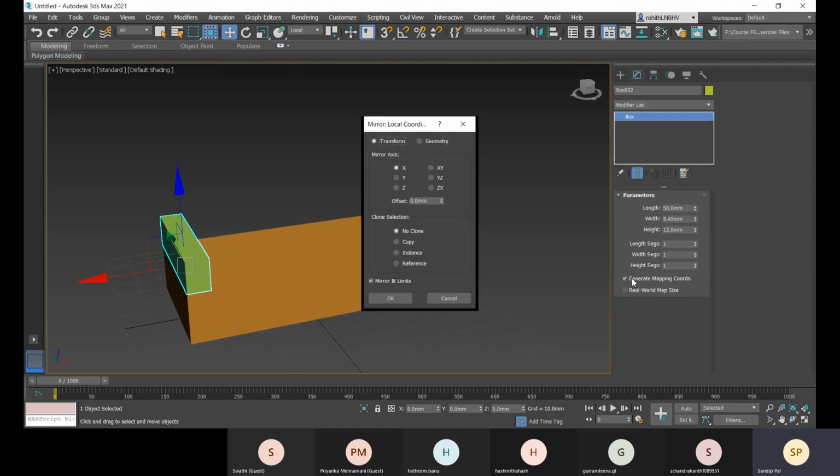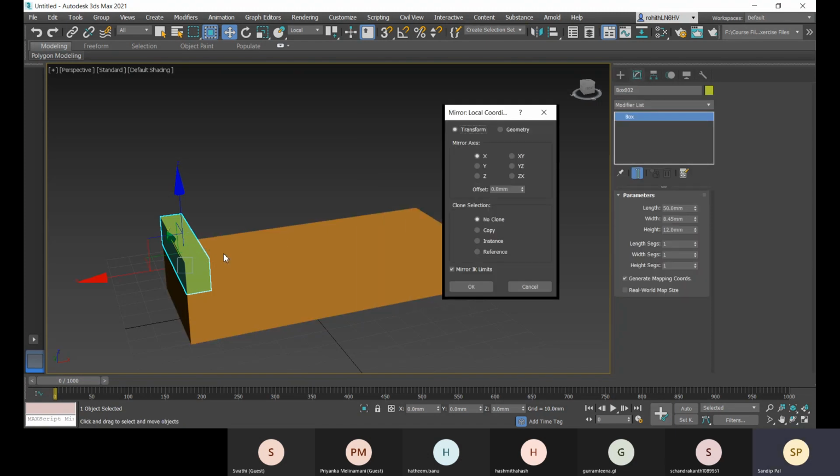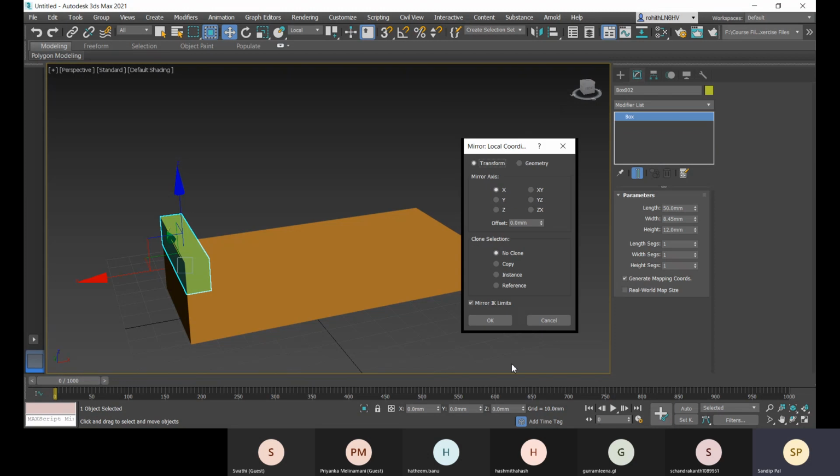you have this mirror option. Okay, and here you have this clone selection, so you can just mirror this. If you are using this option to mirror it only, that you can also do with this no clone selection. And here you will also find copy, instance, and reference options. So you can just simply click on this copy, and the mirror axis is X or Y, that you can define.